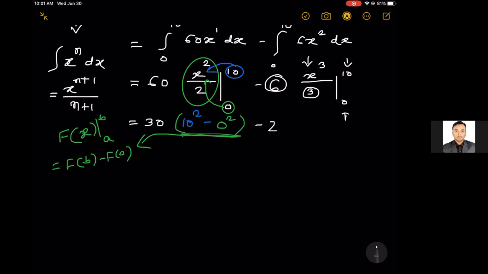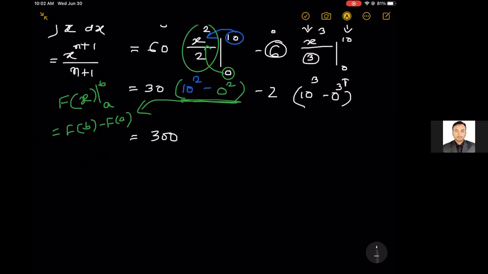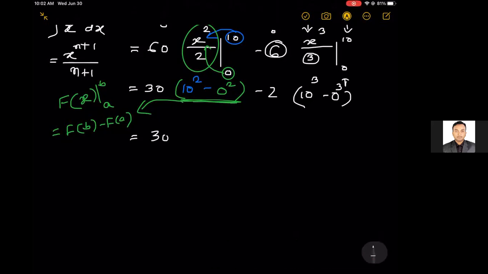So we'll start with the upper limit, 10 cubed, minus the lower limit, 0 cubed. Let me do it one by one. 10 squared is 100. And 100 minus 0 is 100. So this will be 30 times 100